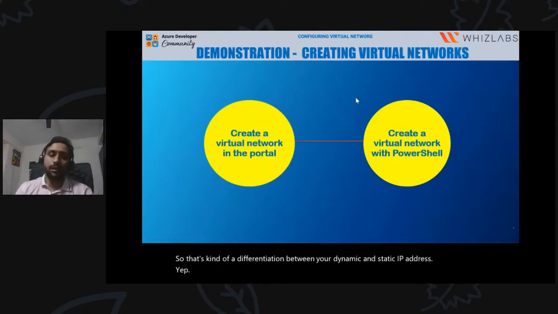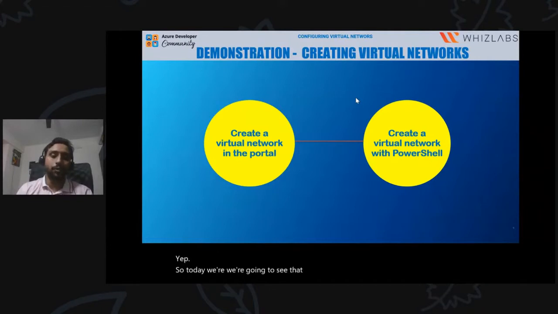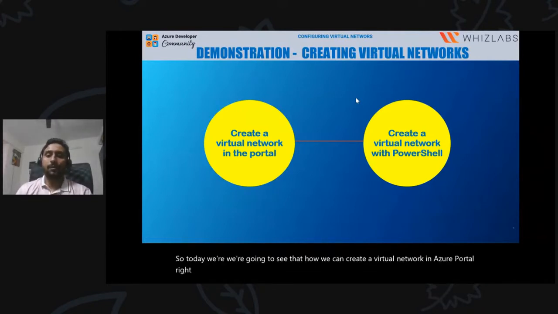So today we're going to see how we can create a virtual network in the Azure portal, right? And then we'll try to create a virtual network with PowerShell. We'll see how that PowerShell can be addressed. So with that,